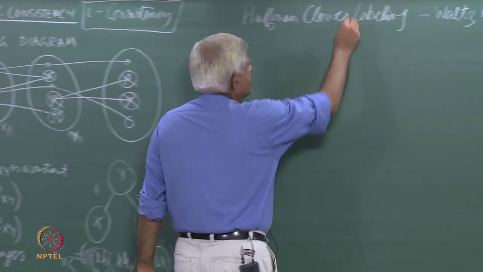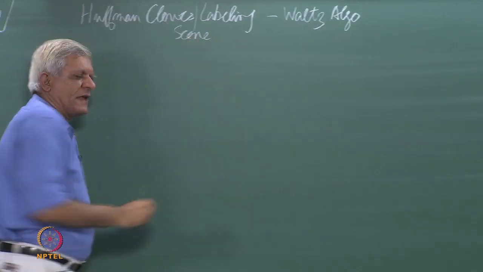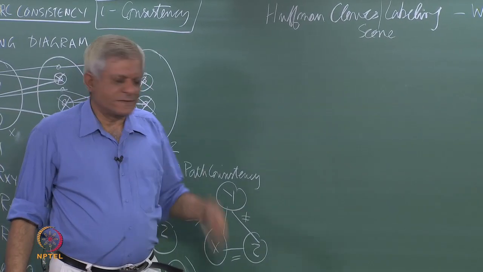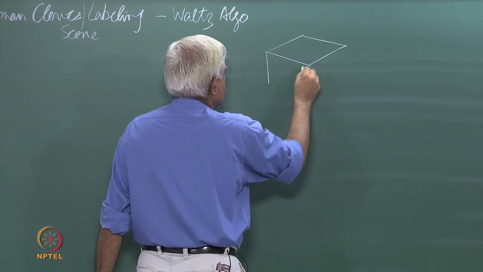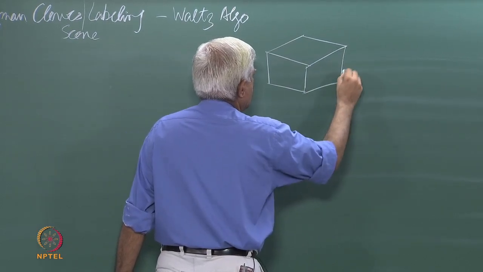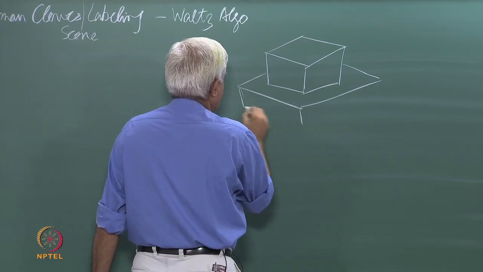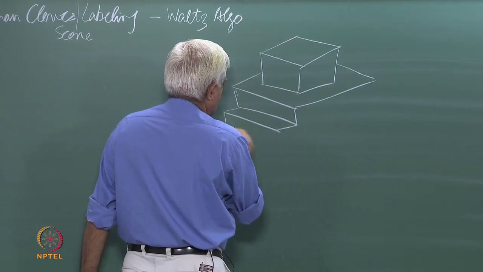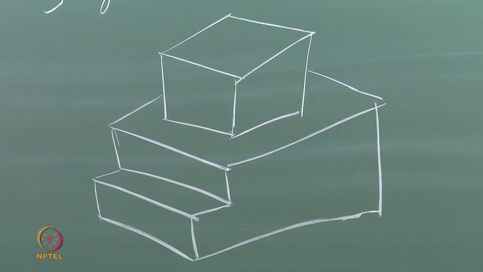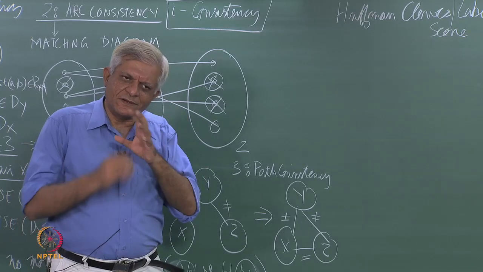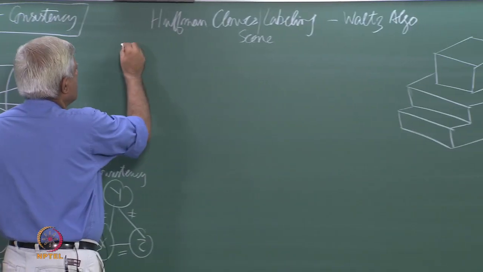The problem is for scene labeling, and when we say scene labeling, we mean that we have a line drawing available to us and you must label it essentially. So, for example, you have a figure like this, so we will look at a variation which talks of simple figures, though Waltz's algorithm actually applies to more complex figures. The simple figures that we will talk about are trihedral,